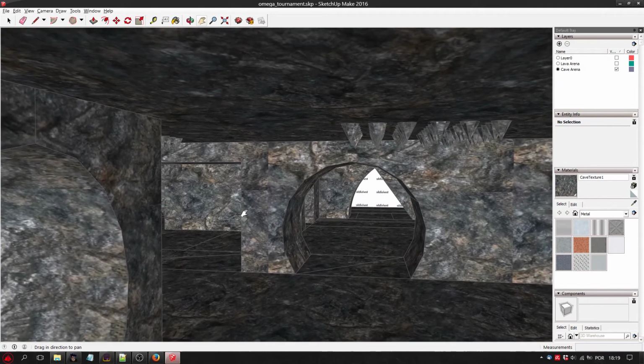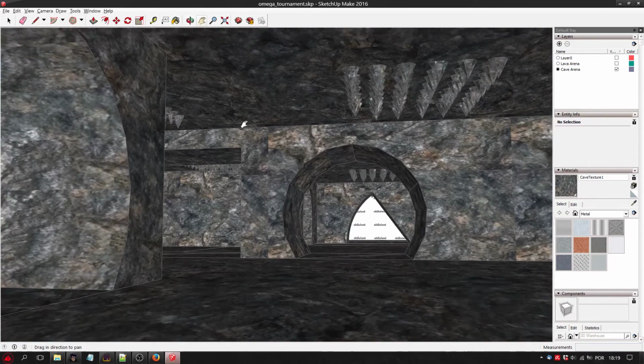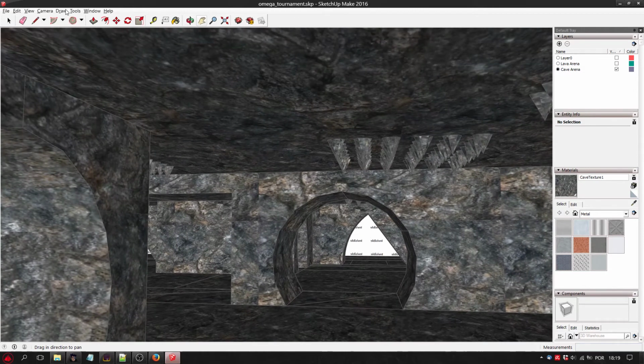Okay, so let me show you how you can make a spike like these ones. We start by using this polygon option right here. This will define our base like this.